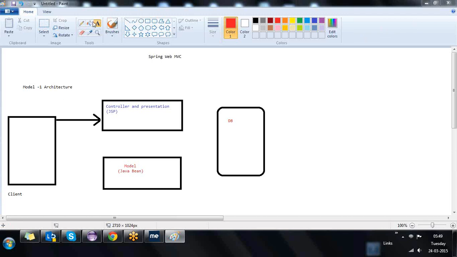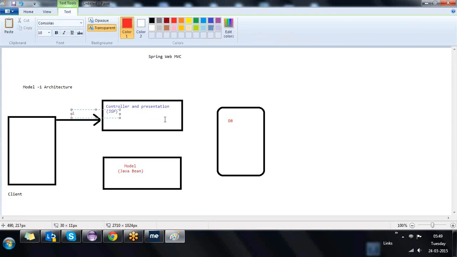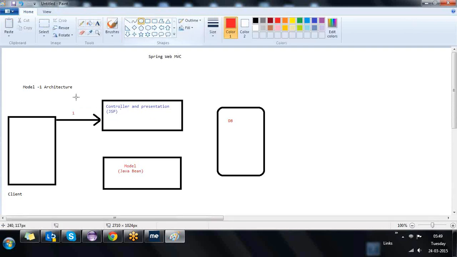When the client has sent a request to the controller, that is request number 1. Please write it down, very important concept. Don't think Chaitanya will tell why everything is important, but please take it. When a client sends a request to my application,